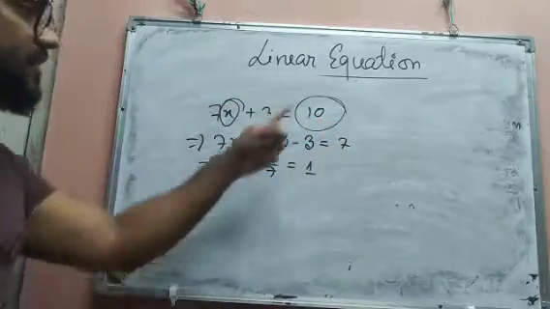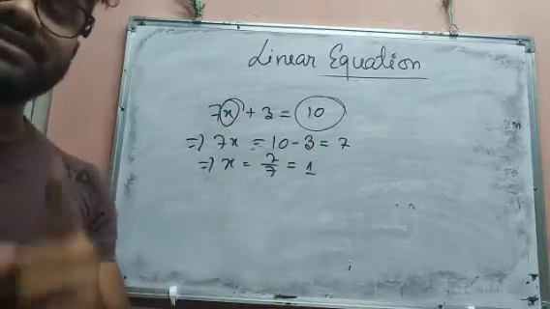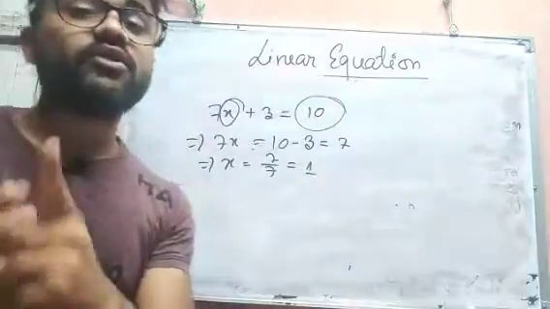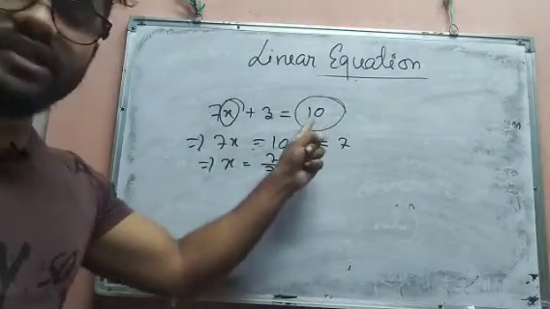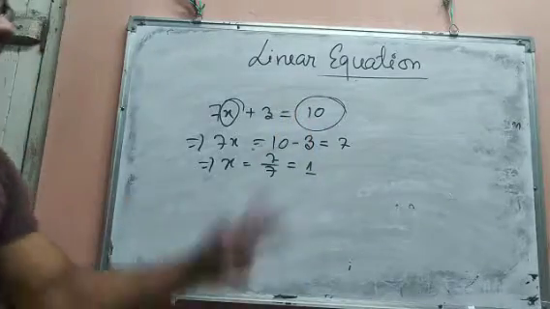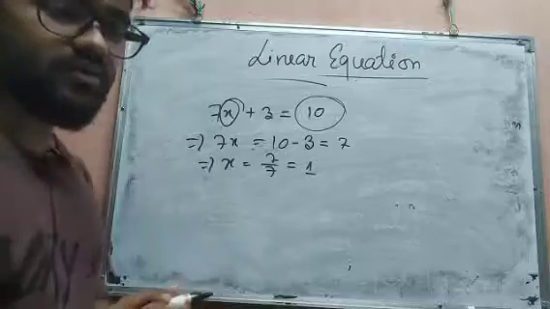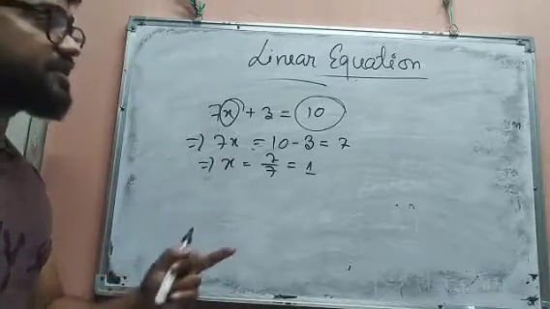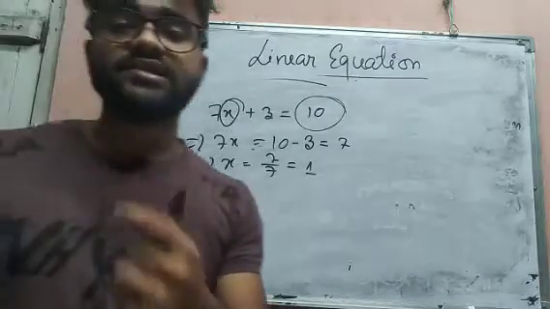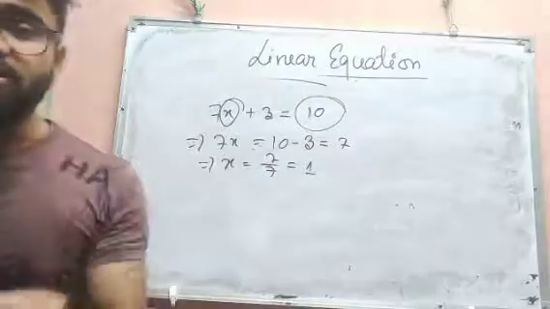Okay, that means to get this right hand side we have to get x value 1. That means only one solution, a unique solution, which has value 1, to get 10 on the right hand side. Okay, so this is the linear equation solution. So now we'll discuss some maths related to that linear equation, and also how to check our result, whether it is correct or wrong.